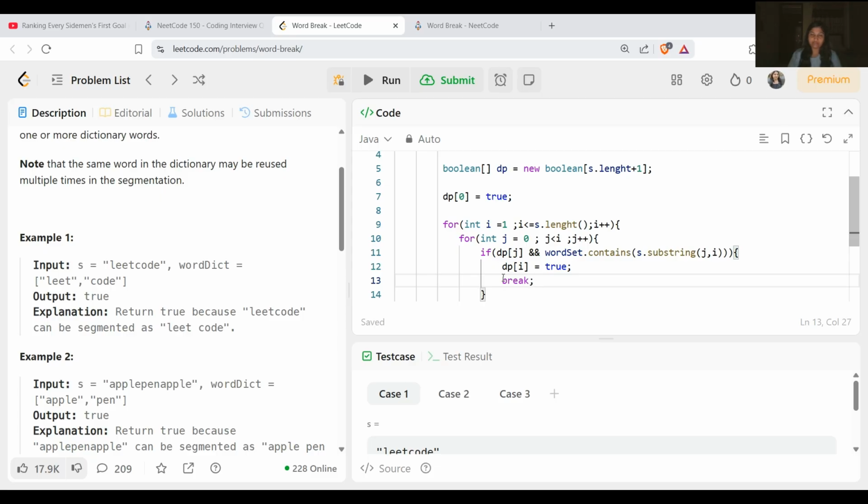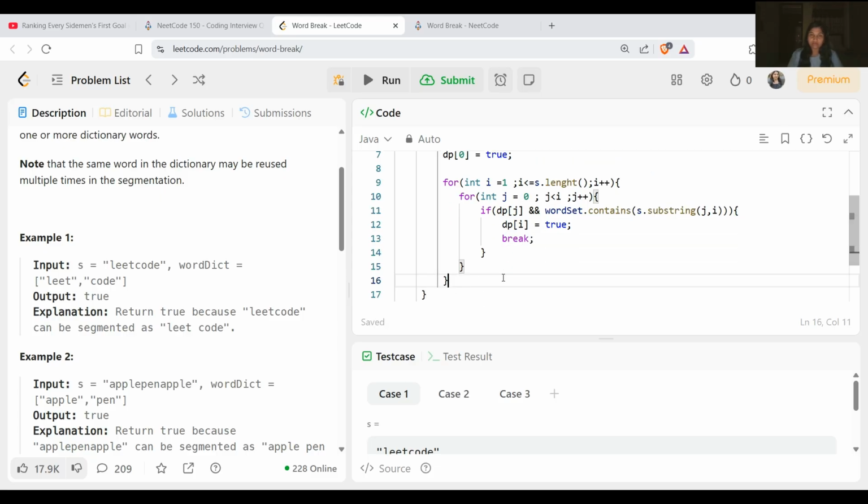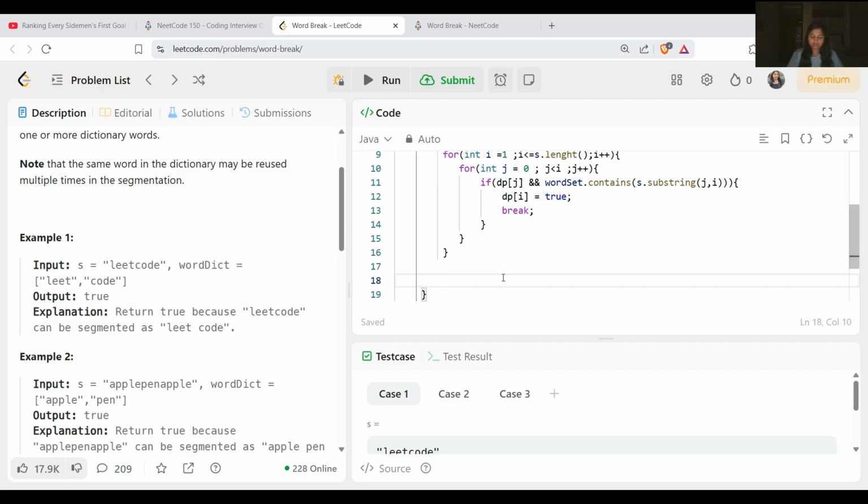Fine. And now after this, we will return dp[s.length].